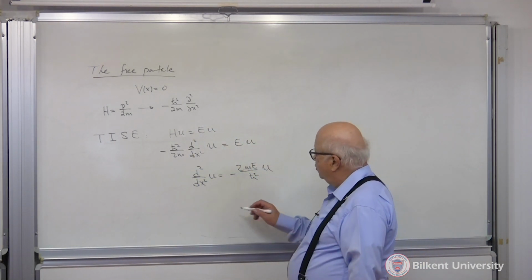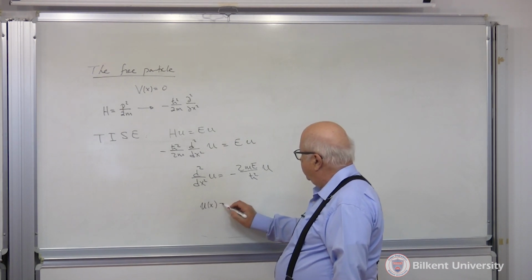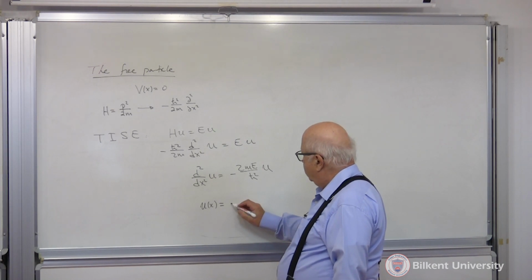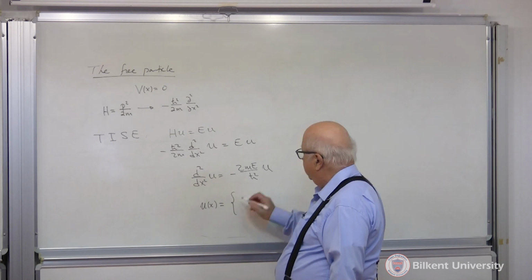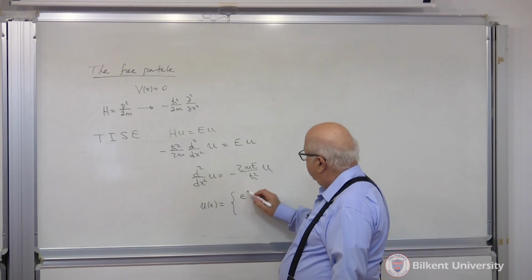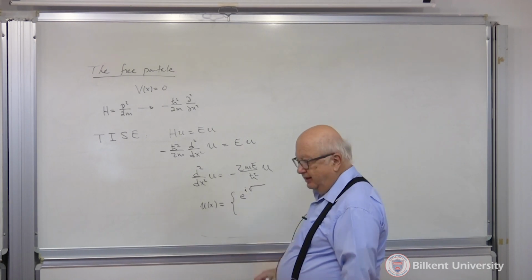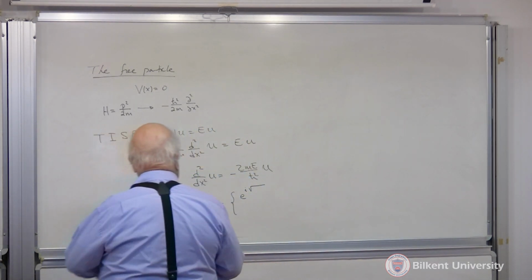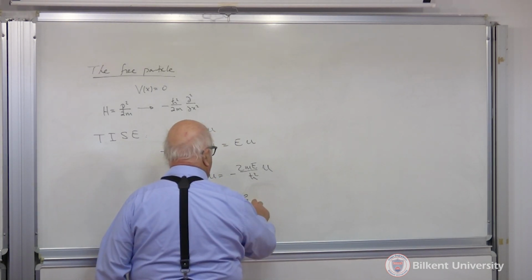So the solution is that I'm going to get u of x is equal to linear combinations of, because there are two solutions, e to the i, let me just put a k instead of struggling with that. Let me just say this is e to the i kx or e to the minus i kx,